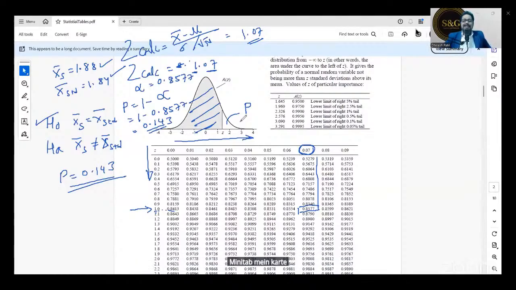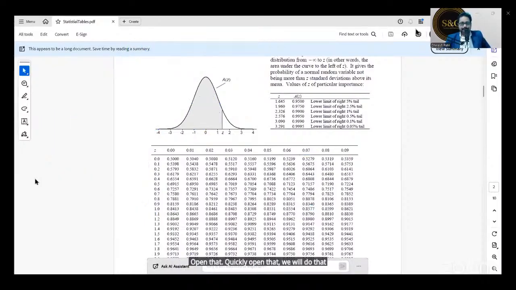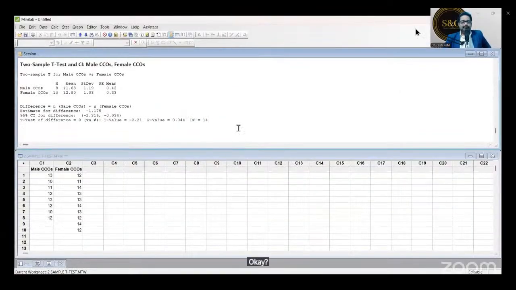Okay? Open any Minitab file, or you can open the last Minitab file, the same file with the male CCO, female CCO data. Quickly open that. We will do it once again. Okay, everybody.